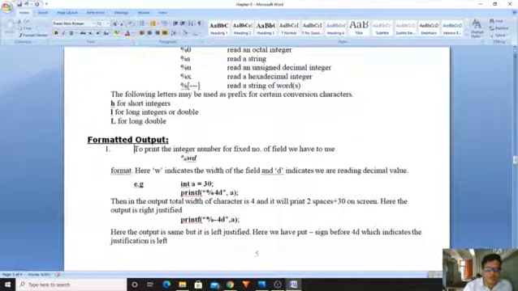Let us see the first format, that is %wd. Which function is a formatted output function? printf. If you use %wd in a printf, it indicates that within that width you are printing the characters. For example, int a = 30, you are taking printf("%4d", a). Then what does it mean?